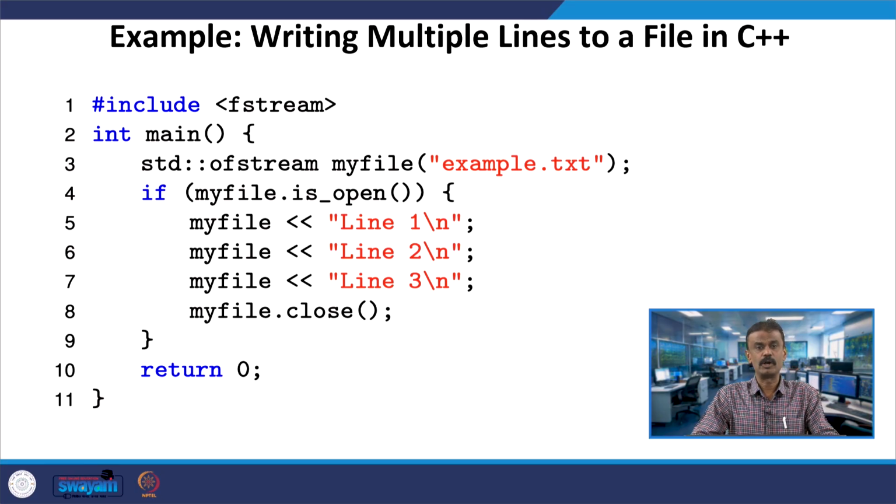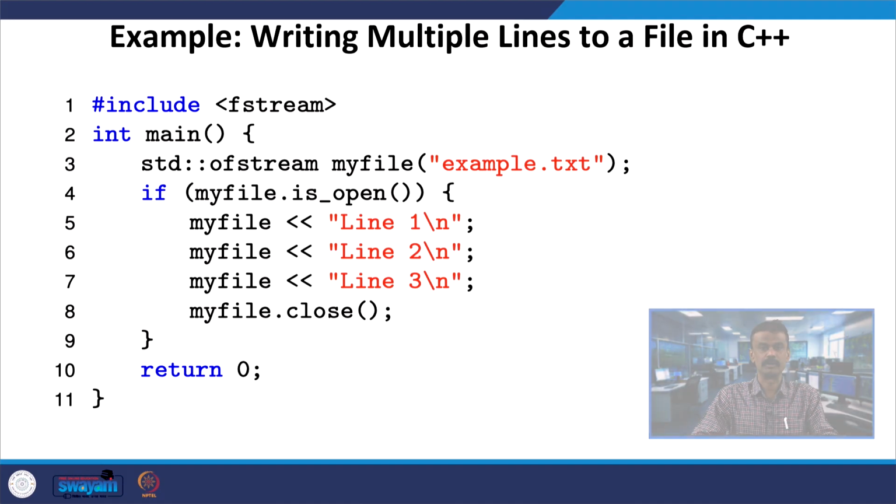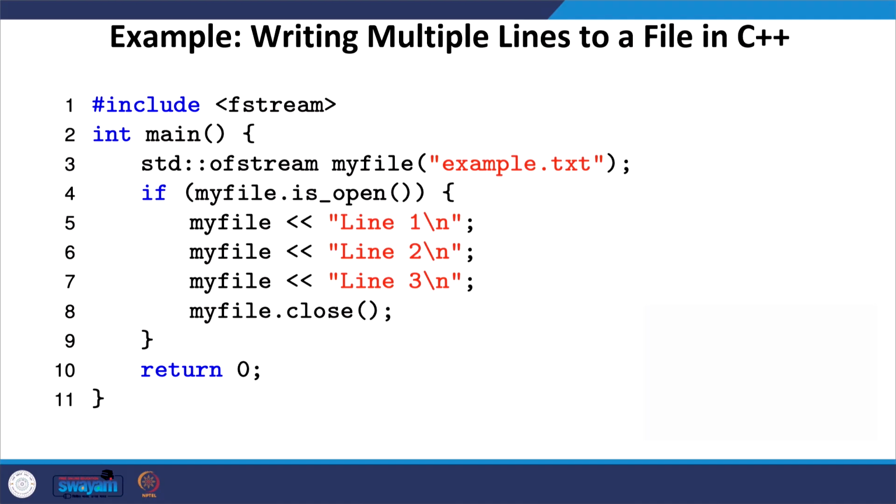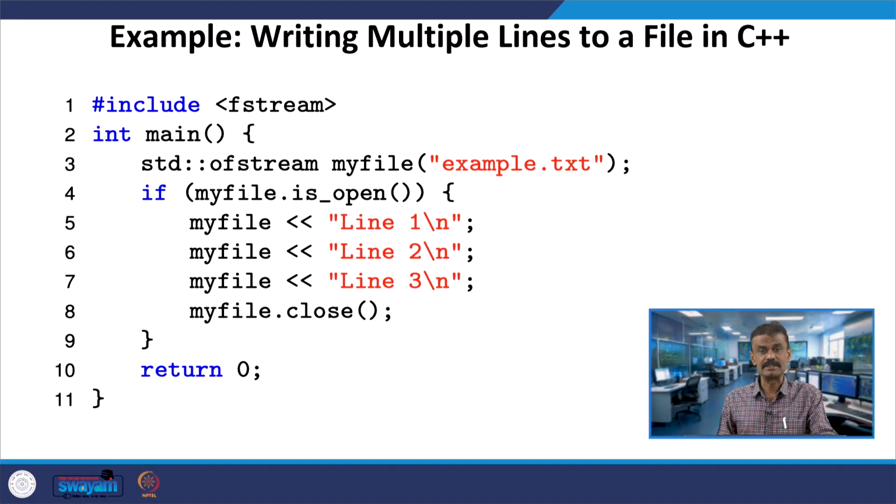If myFile.is_open() is true, that means my file object is able to open and write, then the following lines. So, it is going to write "line 1" followed by a new line. So, it is going to write line 1, all right. Then it is going to write line 2, then the next line will be line 3, and then there will be an empty line, because you are going to write only 3 lines.